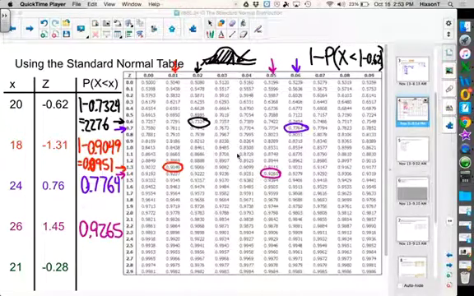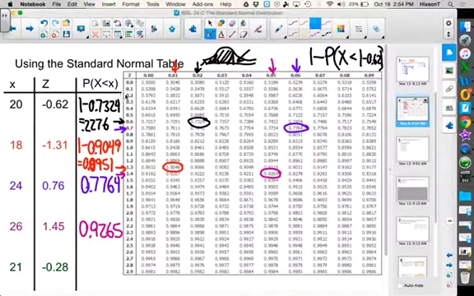So as we finish our lesson, I just want to review one thing when we're using the standard normal table. We have this last one that we didn't get to, but just to review, remember when you're using a standard normal table and z is a negative value, you want to look for the probability of the absolute value of z. Okay, so a 0.28, all right, it's going to be right here. But because it's negative,